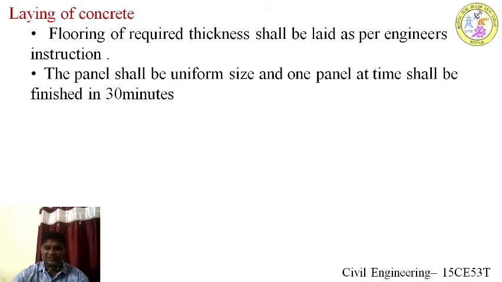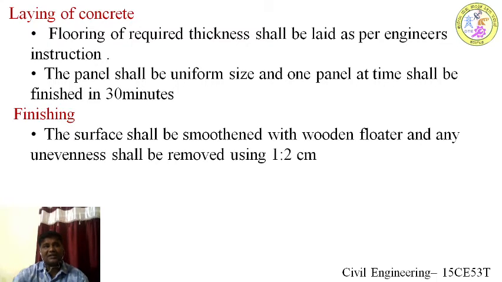The finishing consists of laying the concrete and then hitting hard with a wooden floater with a straight edge. The alternate panels will be checked for their level, and when we hit hard on the surface, the slurry will come to the top. Next I am going to spray the cement powder and cement mortar, and then I am going to finish it neatly. We can use 1:2 cement mortar for any unevenness. Immediately during flooring, the finishing has to be done. If you wait 1 day or 2 days and then apply any kind of cement mortar, it will be useless because there will be no bonding.